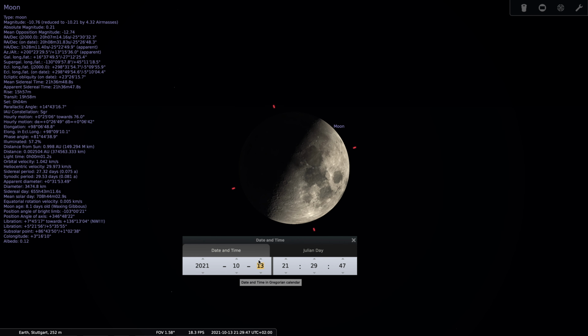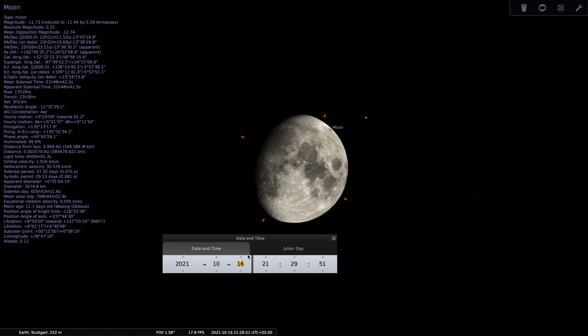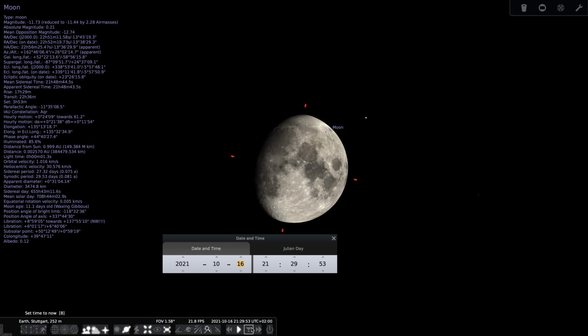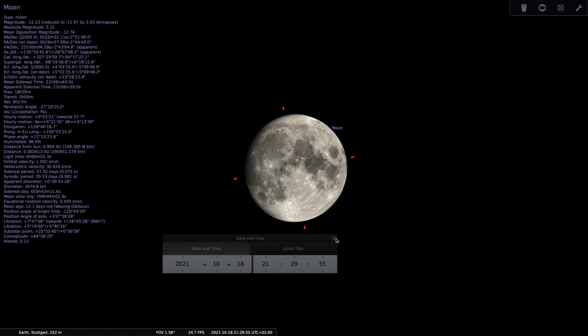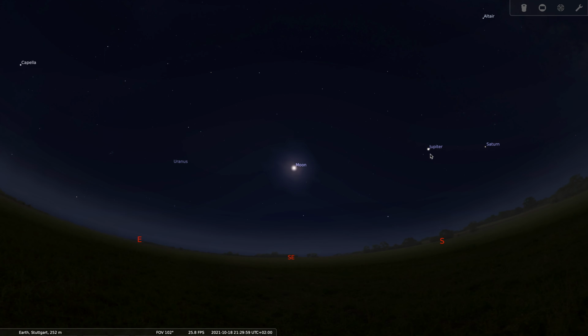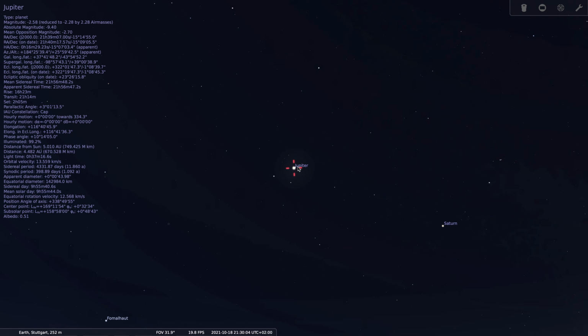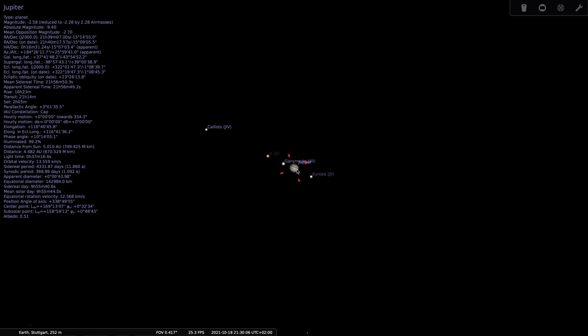simulation of all effects, all appearances in the night sky. So this is pretty amazing. But let's take the current date. The same thing applies also for the planets. So if we go, for example, to Jupiter, we center it, we zoom in there, then we see also the Galilean moons, Callisto, Io, Ganymede, and Europa. And if we fast forward it, we will see the movement of the